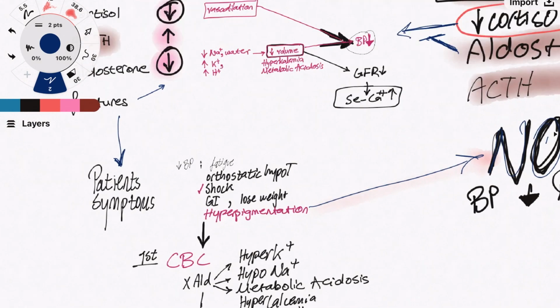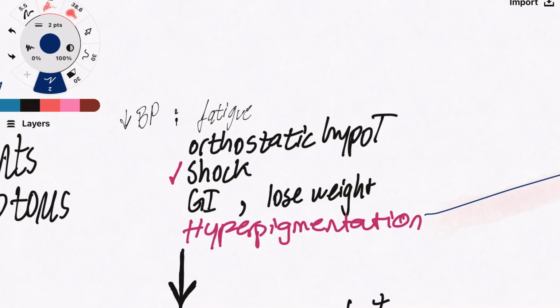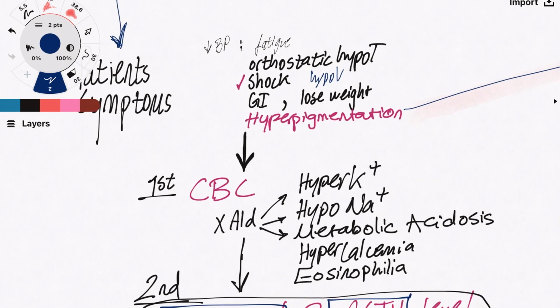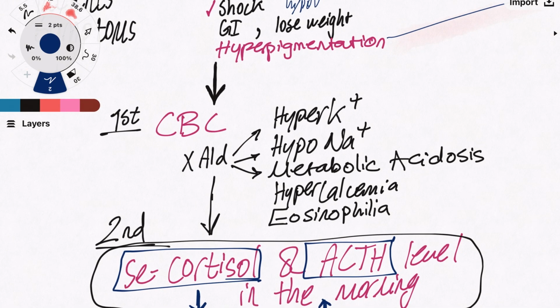The main symptoms that we should look for are fatigue and orthostatic hypotension. Sometimes the patient comes in with hypovolemic shock. GI symptoms like nausea, vomiting, and losing weight occur because we don't have cortisol, along with a decrease in volume as well. Hyperpigmentation is characteristic for primary insufficiency, and the first thing we should do is a CBC, looking for hyperkalemia only in the